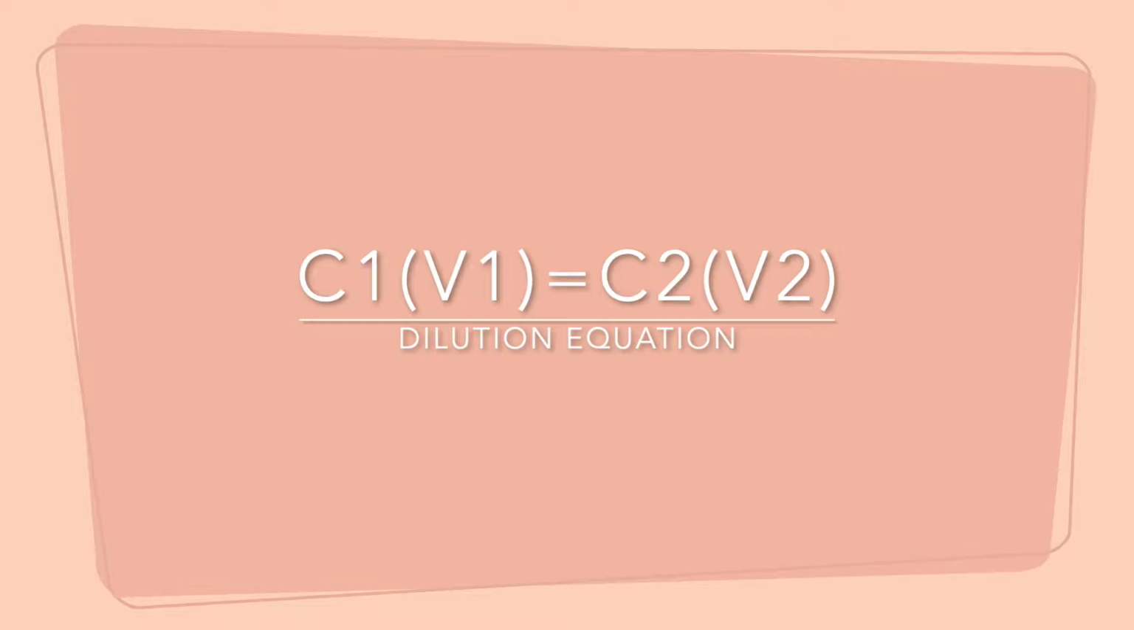C1 is the concentration of the stock solution and V1 is the volume of the same stock solution. C2 is the new concentration of the diluted solution, and V2 is the volume of the diluted stock solution. V2 is found when you add water to the existing stock solution in a container until it reaches a certain